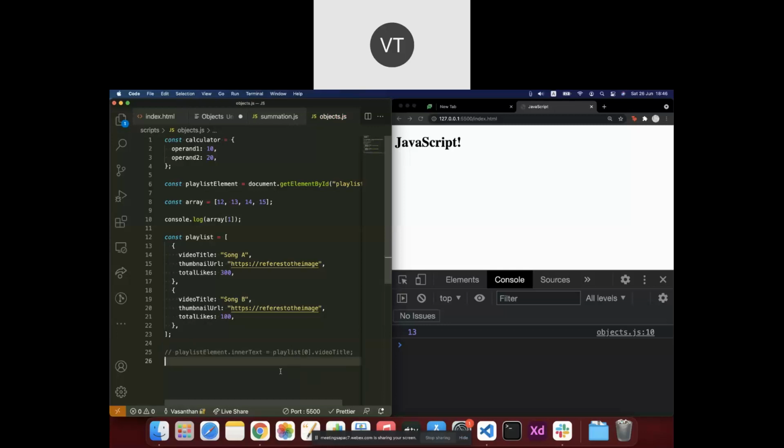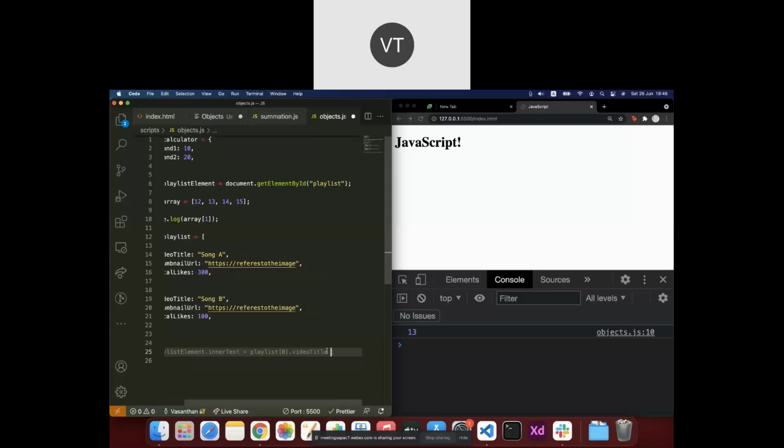A loop is used for going through a set of values which we have. So here we have an array which has multiple values, and if you want to go through those values in a single piece of code, you will be able to refer only one element at a time. It is not possible for you to pick up two values here. So if you need to pick up two values, you have to write another code like this, video title, and